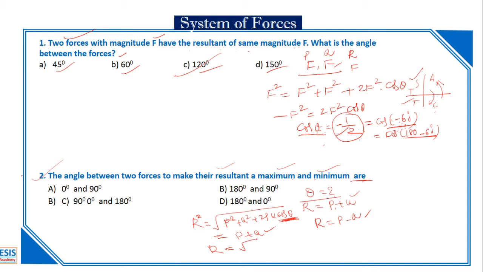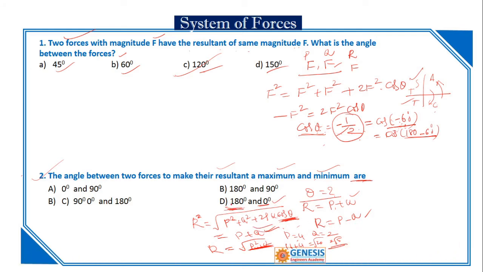Okay, next, this is not the same case. If you take P is equal to 4 and Q is equal to 2, how much do you get? In the maximum case it is 6. In this case it is 16 plus 4, 20, root 20. Okay, this is root 5 times 2. We will check another value, that is 180 and 0. With 0 substituted, we found that R is equal to P plus Q. And if you put 180, it is minus.